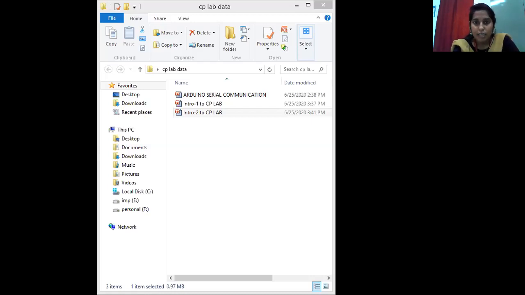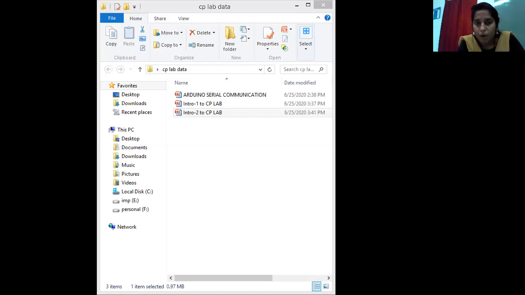So, Arduino IDE digital input and output. Digital read, analog read: digital is nothing but we are going to use sensors and so on. Digital write for LEDs, and analog write. For digital outputs, for example, I want a blink LED program. Whenever it is high, the LED is going to be on. If it is low, the LED is going to be off. High is nothing but 1, low is nothing but 0.